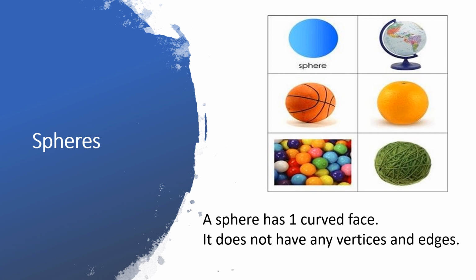Now, almost all of these are in the shape of a laddu or a ball, or the shot put which usually is done in the sports which you play. All these have the shape of a sphere, right? Now, when I speak about a sphere, children, a sphere has just one curved face. It has only one curved face. There is no edge or anything, no vertex, nothing. Just one big curved face on all sides. It has no vertices, no edges, and nothing. So easy, right? A sphere has only one thing, that is one curved face.